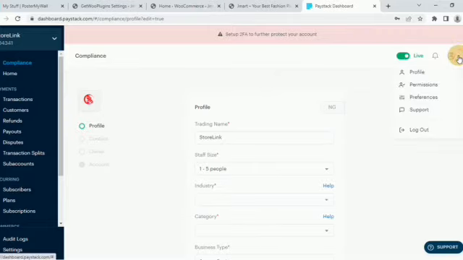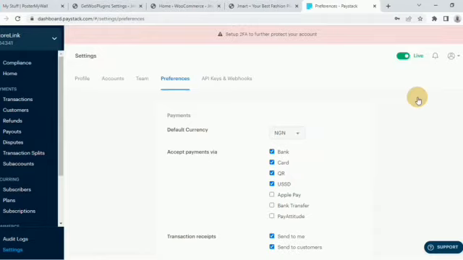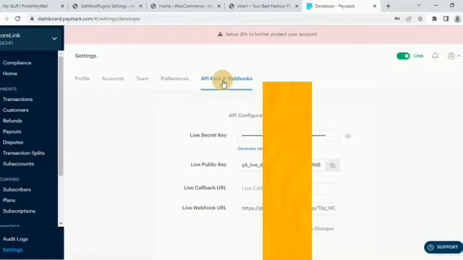Once you have done all of that, you come to this place and you now come to preferences, and then you come to API keys and webhooks. API keys and webhooks. This is what we need here. So this is live,